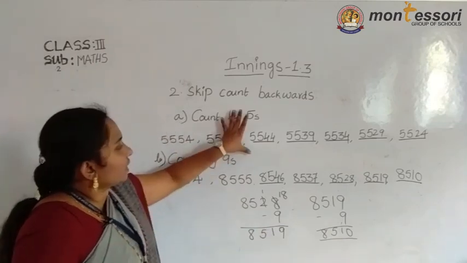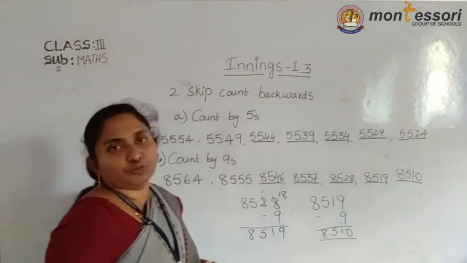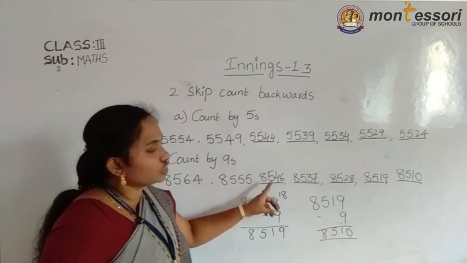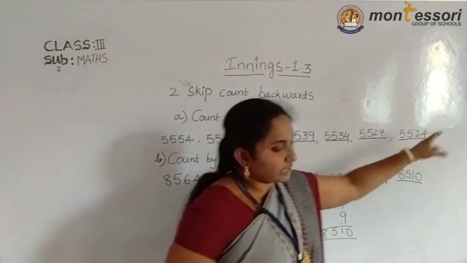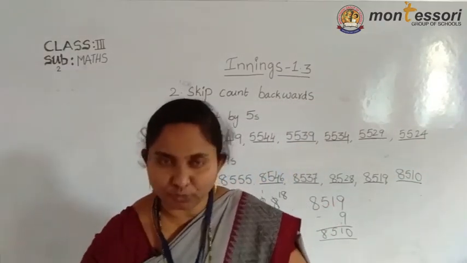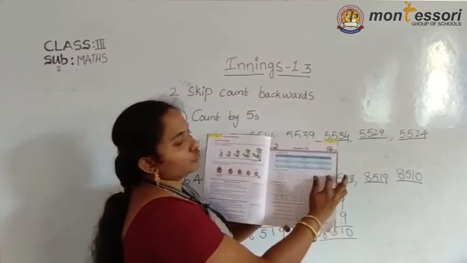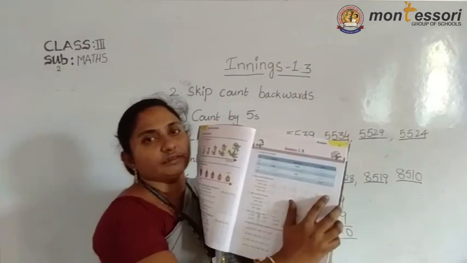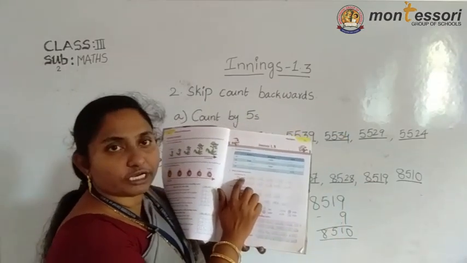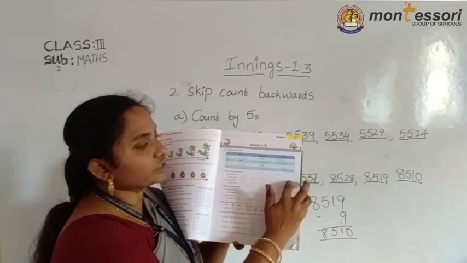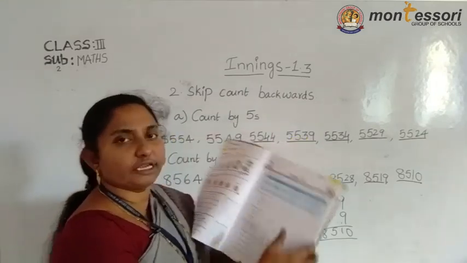Okay. So now these are the problems given in your textbook. These answers you can note down in your textbook. All of you note down these answers in your textbook. Understood? If you have any doubt, one problem you can write here on the side. Listen carefully. In this textbook, the first problem you can write here. We can do the subtraction. In count by 5s, the first number, 5549, is given. In this you can do the subtraction here. And count by 9s, you can do one problem, the remaining you can do easily.